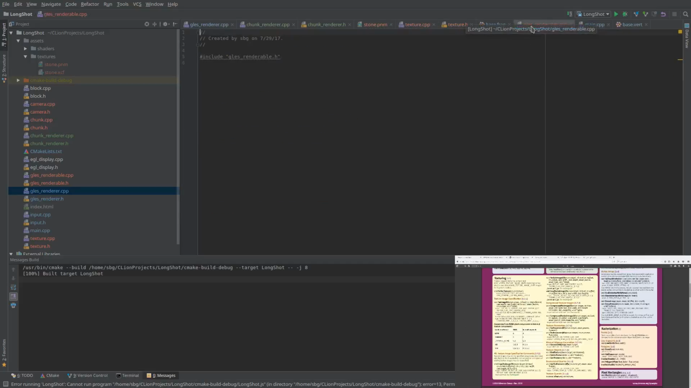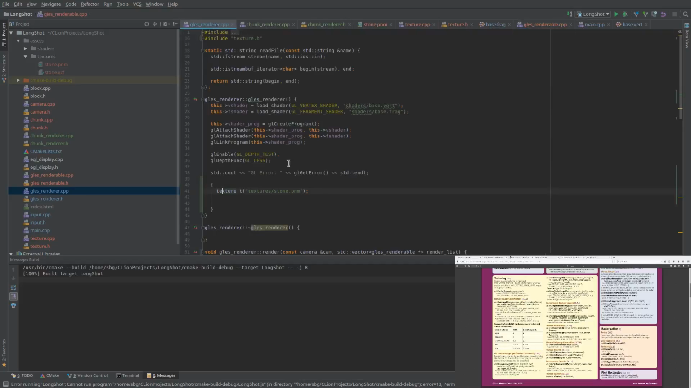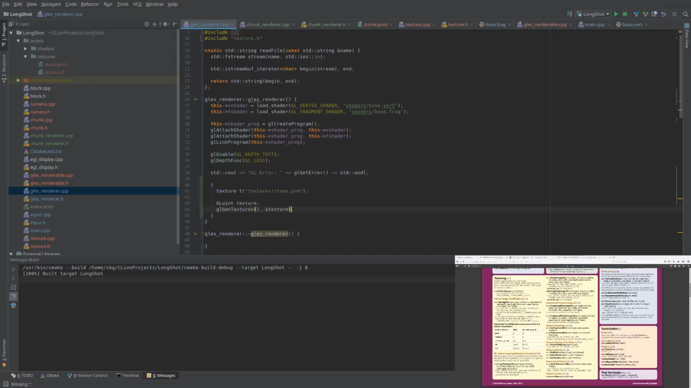So from our render here, what we want to do is create a GLuint, which is going to be our texture. Then we're going to glGenTextures. We're just going to generate the one and store it in our texture variable. And then we're going to bind that texture. So when we bind it, we have a target, which is GL_TEXTURE_2D, because this is a 2D texture. So we bind that,